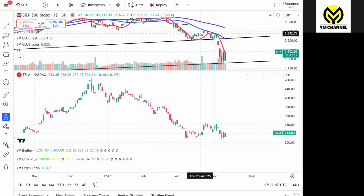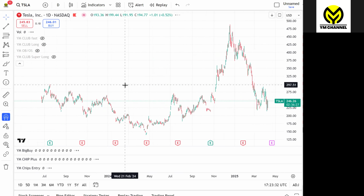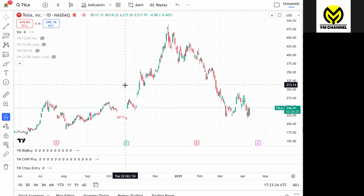Okay, now back to the question. Tesla, our favorite stock. This is one of my favorite stocks. I want to tell you some good news. So many people ask me why I follow Tesla. Let's say you don't have my indicator. I'm going to hide this, hide this, hide this, hide this. I'm just checking the volume. If we check the weekly chart,